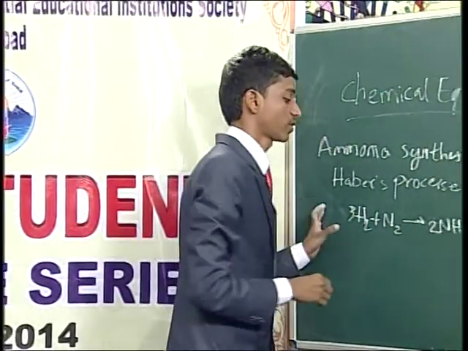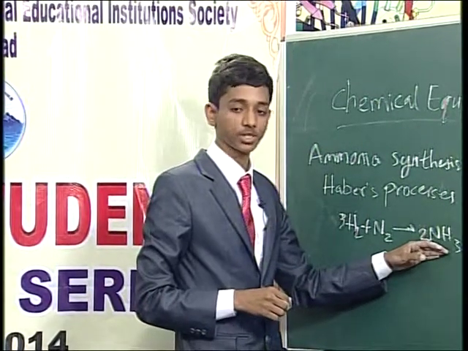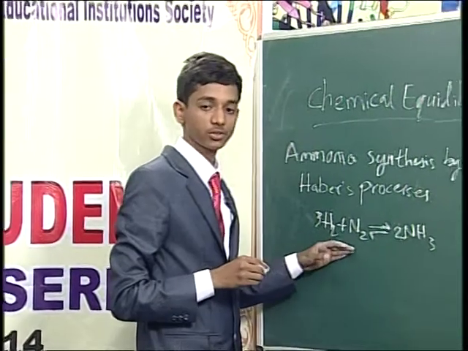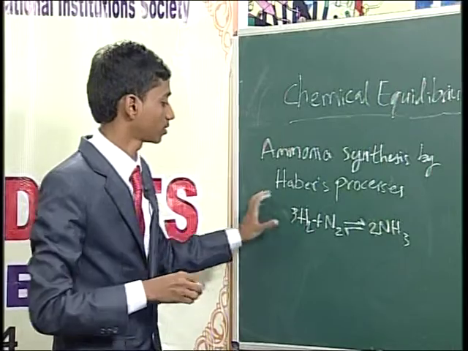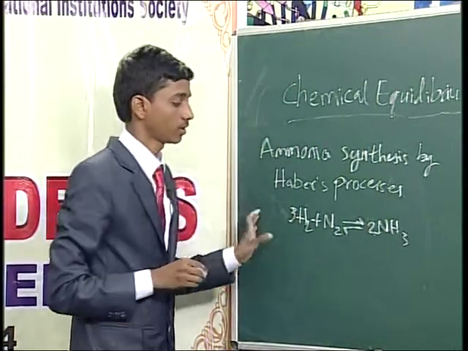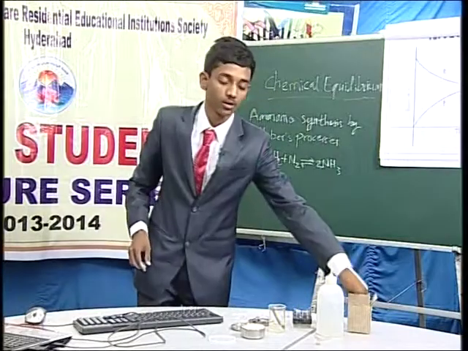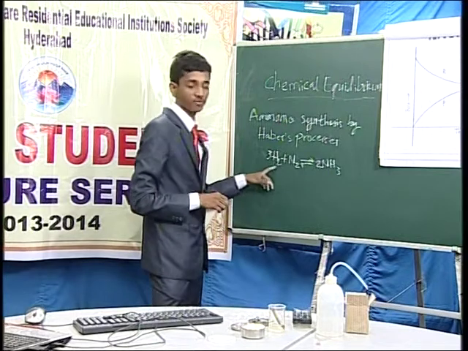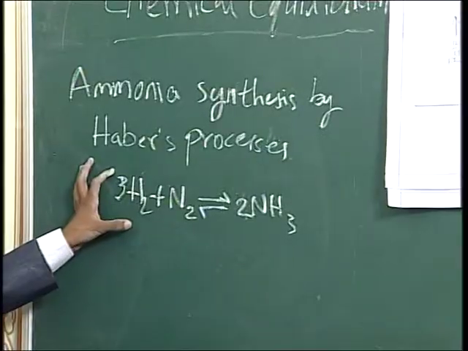And in the series of experiments, Haber shows the amount of ammonia present, and he also shows the unreacted hydrogen and nitrogen in the reaction. What happens if we, okay, let us consider this example by using D2 in place of H2. What will happen for knowing this dynamic nature of this ammonia?